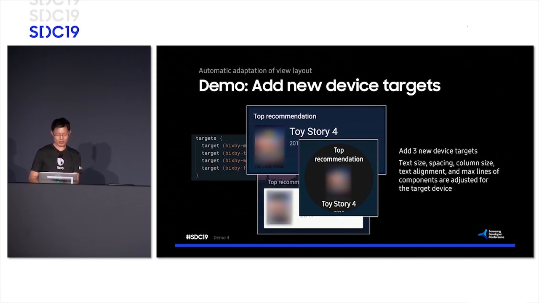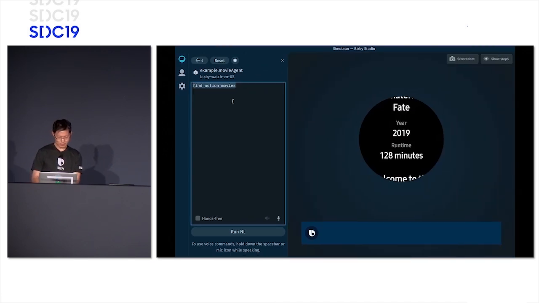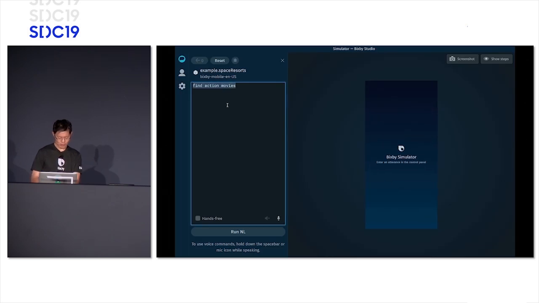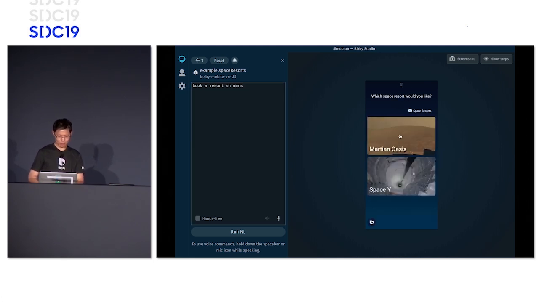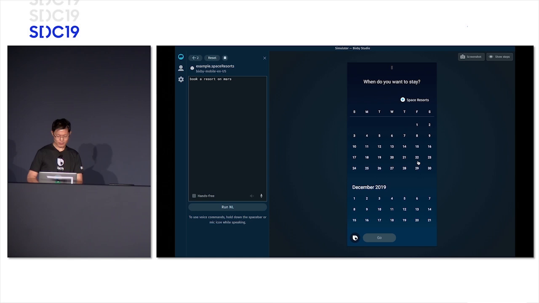This automatic adaptation works for the result view, but it also works for the input view as well. For instance, the calendar component will look and work differently based on the target device. Let's try this query of booking that will require the calendar component. I will run it on mobile first. Book resort on Mars. And when I pick one, it will display a touch-based calendar I can use. And it has a